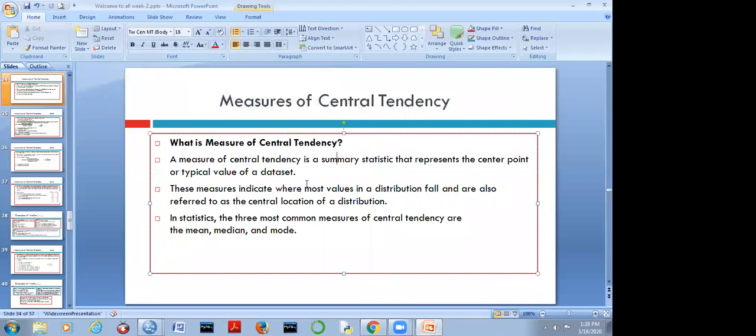देखो मैं एक चीज बताती हूँ, मैं मेजर ऑफ सेंट्रल टेंडेंसी को आपको समझाने की कोशिश करती हूँ। एक क्लास में जनरली कितने बच्चे होते हैं? 60 होते हैं। Yes, ma'am. हाँ जी, बच्चे सो गए क्या सब, एवरीबडी? नहीं मैम। हाँ, तो एक क्लास में जनरली कितने स्टूडेंट्स होते हैं? हाउ मेनी स्टूडेंट्स आर इन द क्लास? देयर आर 60 स्टूडेंट्स।